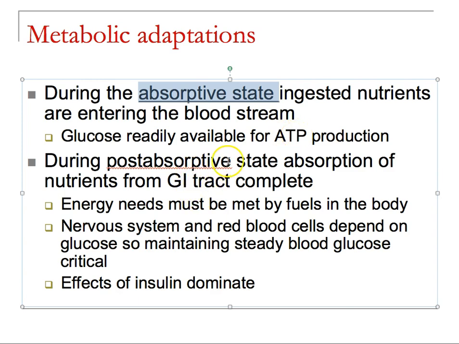During the post-absorptive state, let's put that there. Let's go like this. The state of absorption of nutrients from the GI tract has been complete, and now everything else inside the body needs to be thought about, right? The nervous system and red blood cells depend on glucose, so maintaining that steady state glucose is where insulin effects, bold, underline, italicize, are important. In fact, I write dominate here, right? So